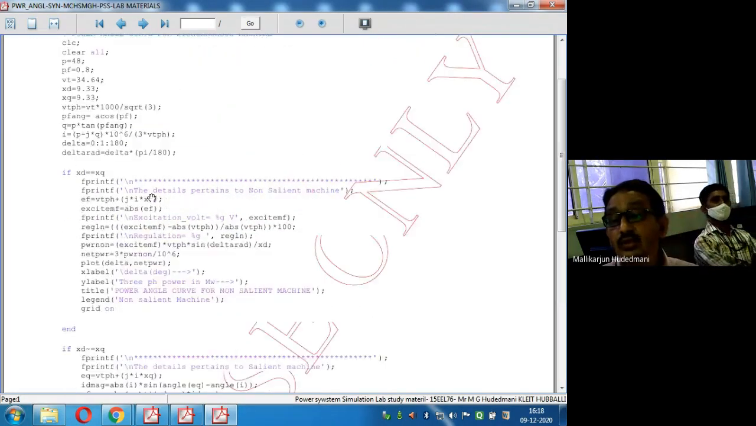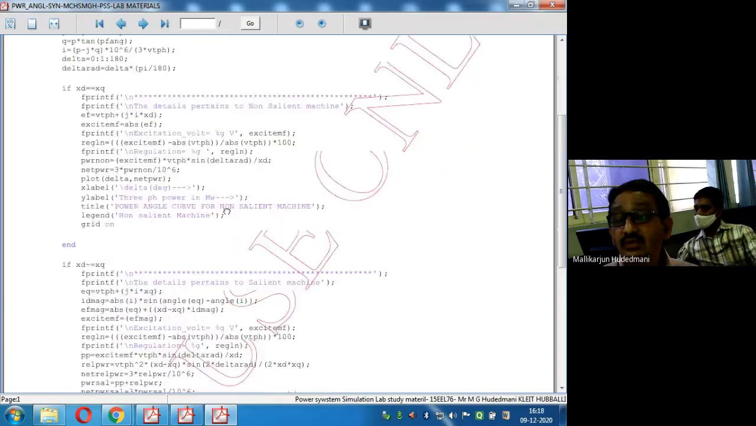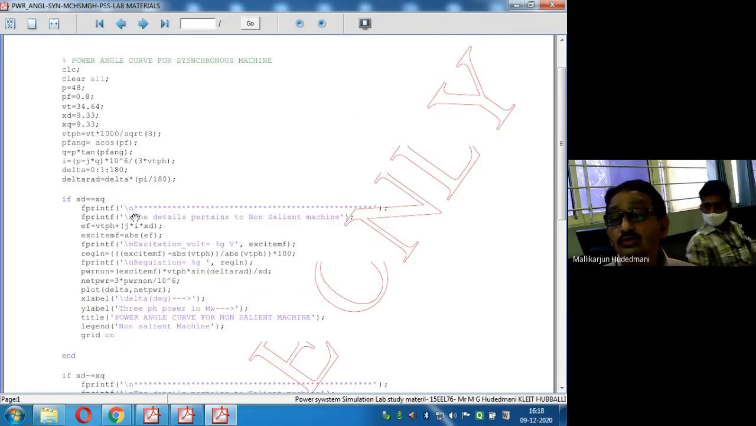So we'll learn two ways now. We'll do a short program for the first half, which is non-salient. Later we'll execute for salient separately, and we'll copy paste and execute the entire work as a single program. So this is how, whatever the codes we have mentioned: clear command line, clear all the variables, ensure power P equal to, from 60 MVA, P becomes 48 and Q becomes 36. So therefore P is 48, PF is 0.8, VT is 34.64,